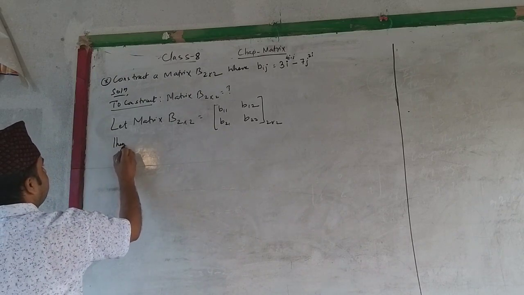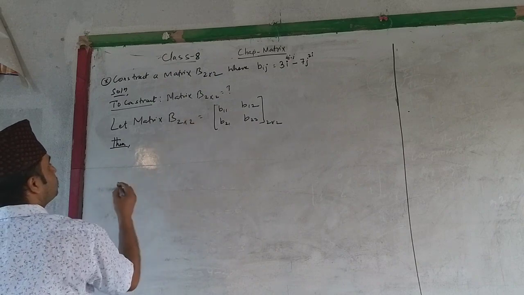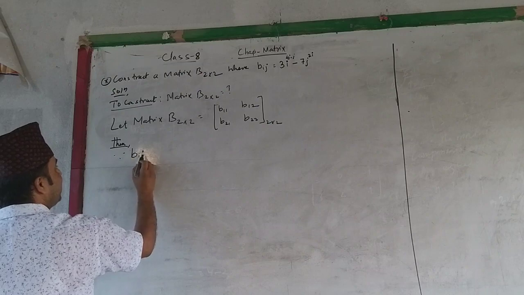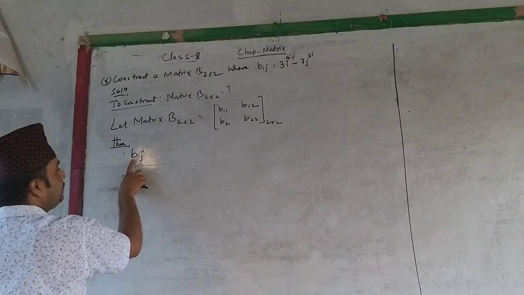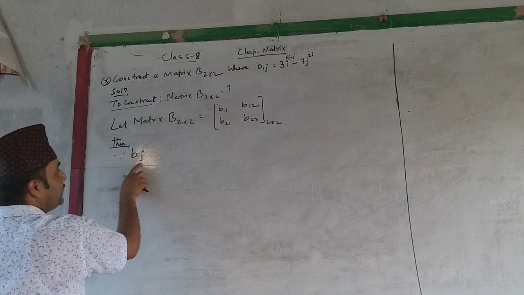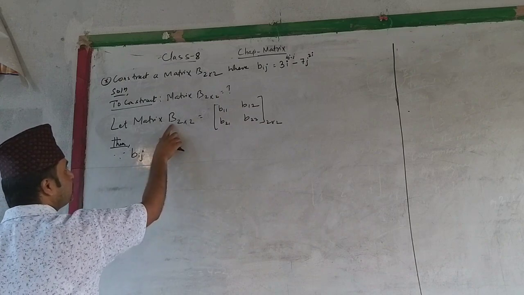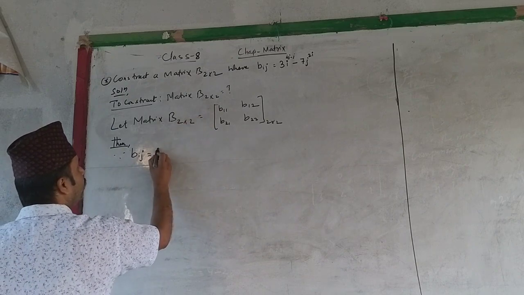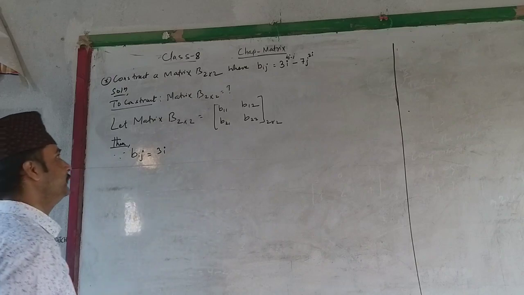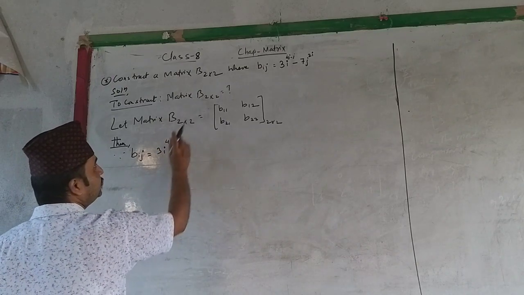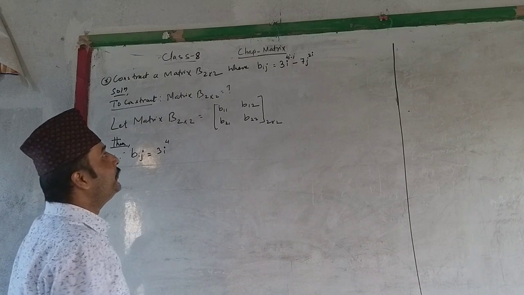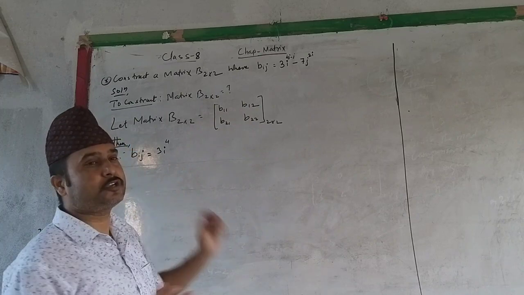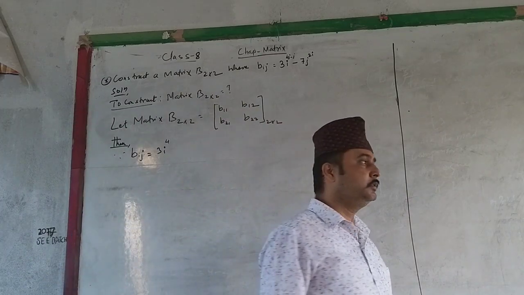Then let us find the elements. What will be its elements? So first, what is the rule? What is the formula here? The elements are following Bij. Bij means the element of matrix B lying in the ith row and jth column. This rule we have constructed ourselves, so you will not find this rule anywhere. If you are able to do such a problem, then you can construct any type of matrix.